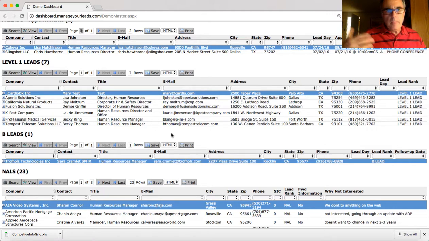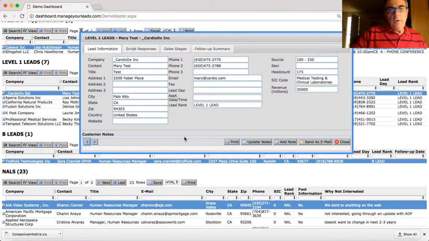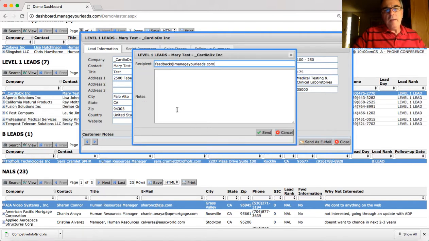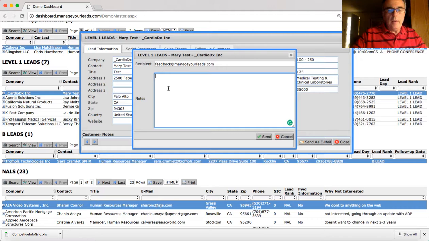you. There is also an opportunity, if you'd like to work on some of these leads, you can communicate with us right from the dashboard and simply tell us that you would like to work a lead. In order to do that, I'll show you how to do that right now. You would double click on a particular lead, and then open up the lead information folder, and then you can click send as email, and then you can say here,